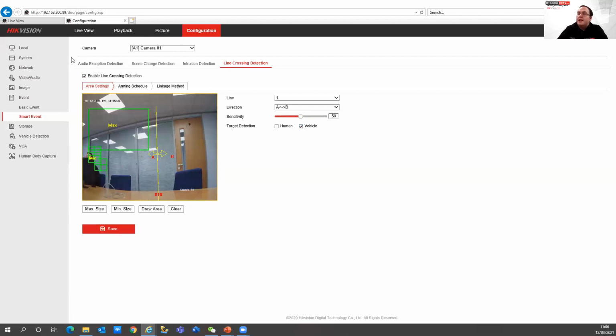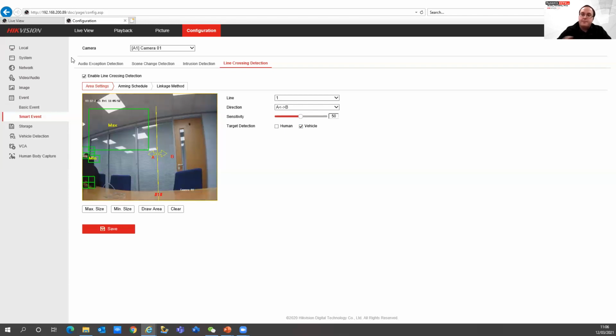So the setup is slightly different. You do need to make sure the minimum and maximum zones are configured in order to get the most accurate readings from the system. The best way to do it, for example, your minimum size, is to either walk test it, or if you're using a vehicle, you'd use a vehicle to do this, but you'd park the vehicle or the human at the furthest distance that would be triggering